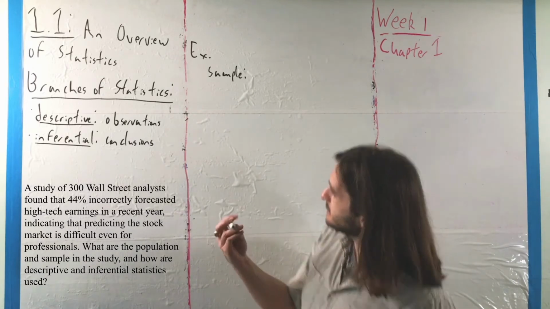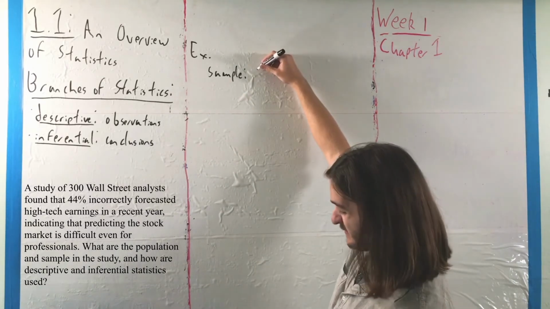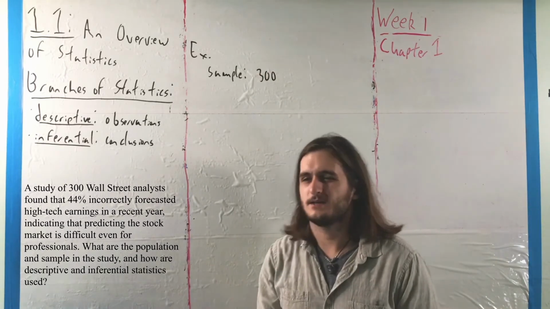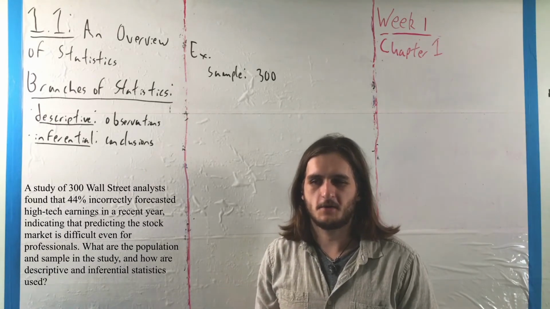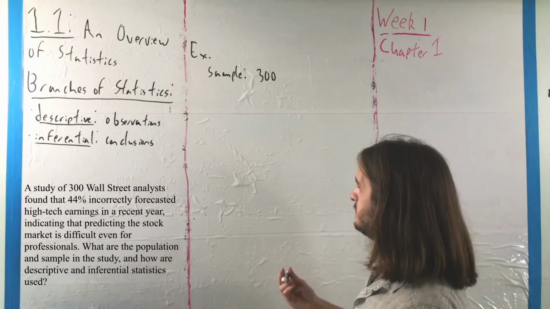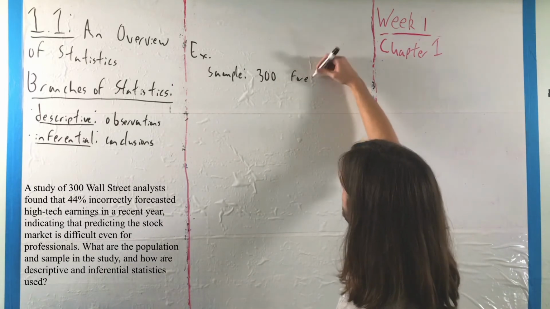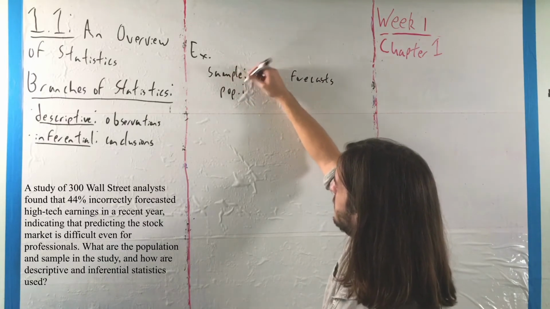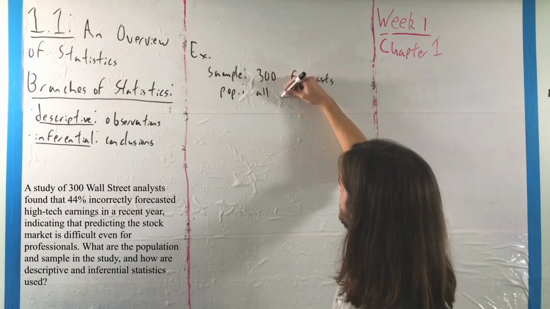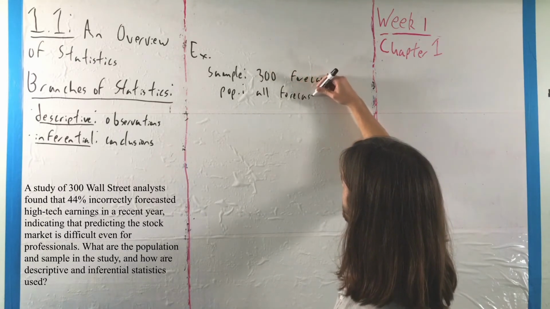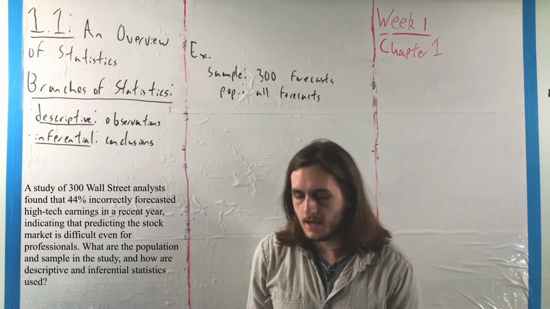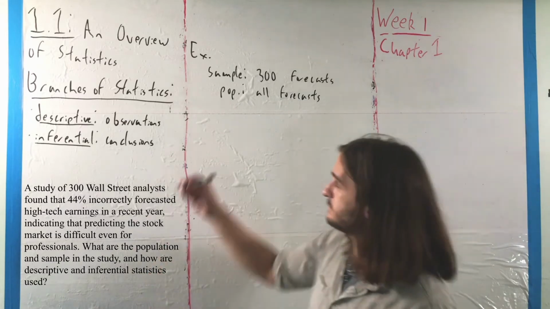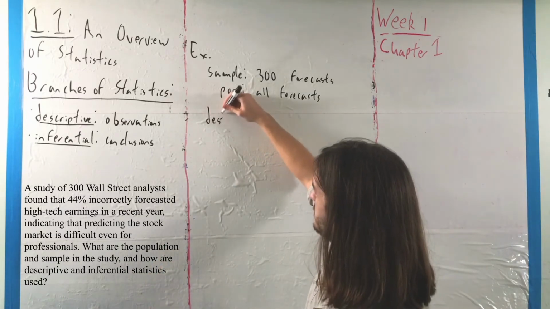But the point is, our sample ends up being the set of forecasts, actually, because we found that 44% of forecasts are wrong. It is a little objective to look at the forecasts as devoid from the forecasters, but we're focusing on what they say. The predictions. So our population here would be all possible forecasts. Any prediction made by an analyst, where the use of descriptive in this case, the descriptive stats here,